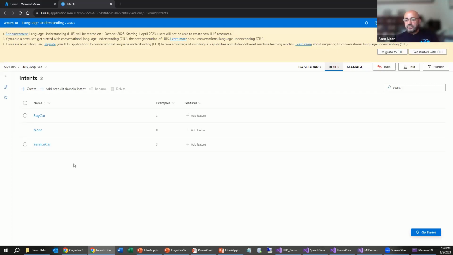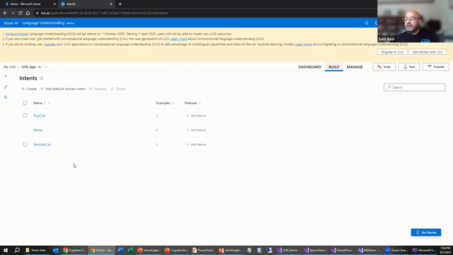So I built a demo here that revolves around a kiosk at a car dealership. So some of the things you would do at a car dealership, obviously buy a car, maybe trade in your car, maybe get your car serviced. So there are different intents of what a user would want to do at that kiosk. How they phrase it could be different from one person to the other. I could say, sell me a car. I want to purchase a new vehicle. Do you have a car that I can buy? All three are three different sentence structures or three different utterances.